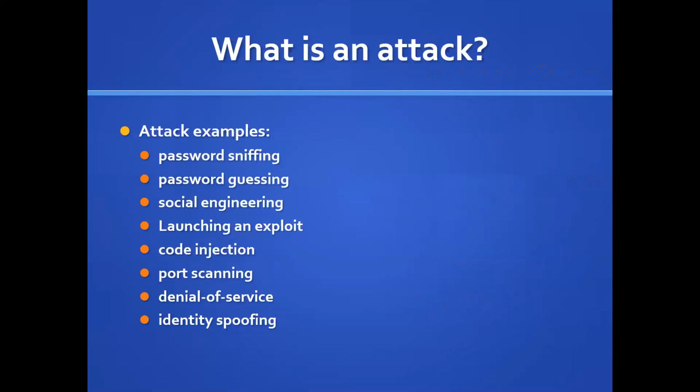So basically, we're talking about attacks such as people getting your information, for example a password. That affects authentication. Social engineering, again, authentication. Launching an exploit could affect confidentiality of information that is stolen, or availability, right? A system gets taken down. Code injection has to do with exploits, right? Attackers try to inject code and affect the integrity of your code, because they're changing it, for instance.